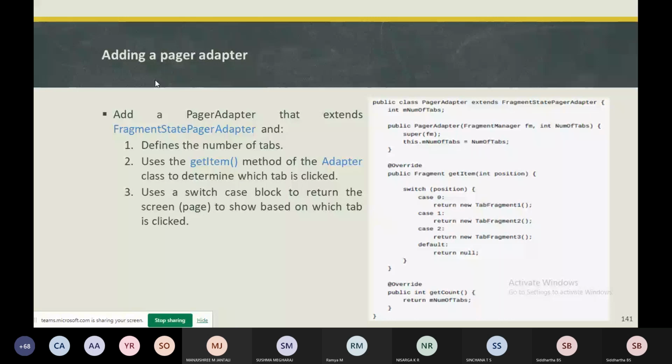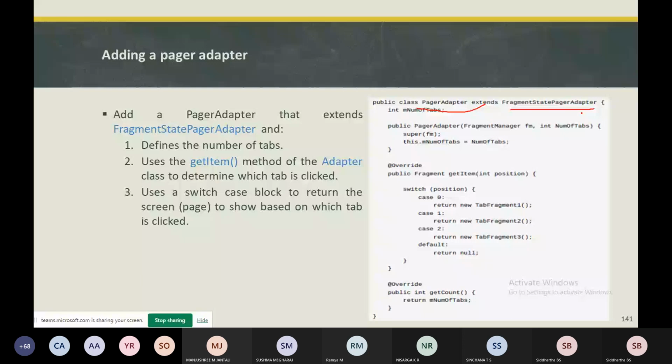As you see in this example, class PagerAdapter is going to extend FragmentStatePagerAdapter. So why this FragmentState? It will have a collection of screens where you can navigate to other different screens, and it is also going to minimize the memory usage if you extend the FragmentStatePagerAdapter.